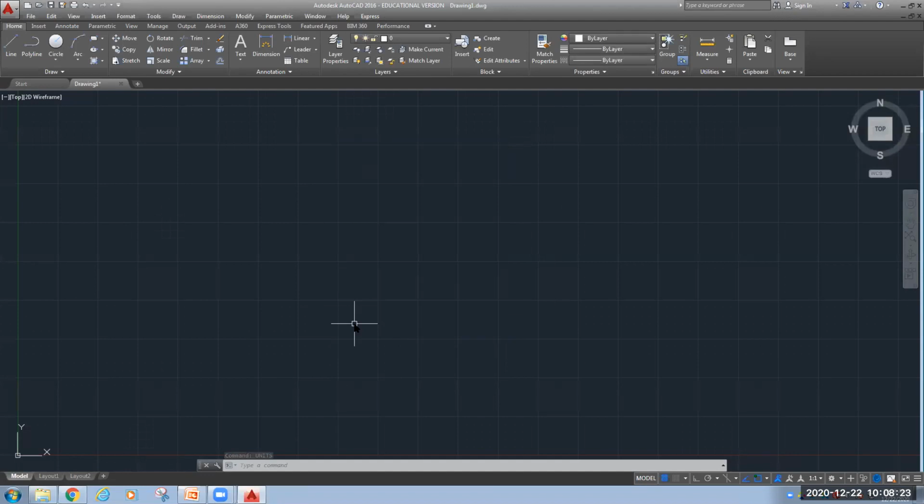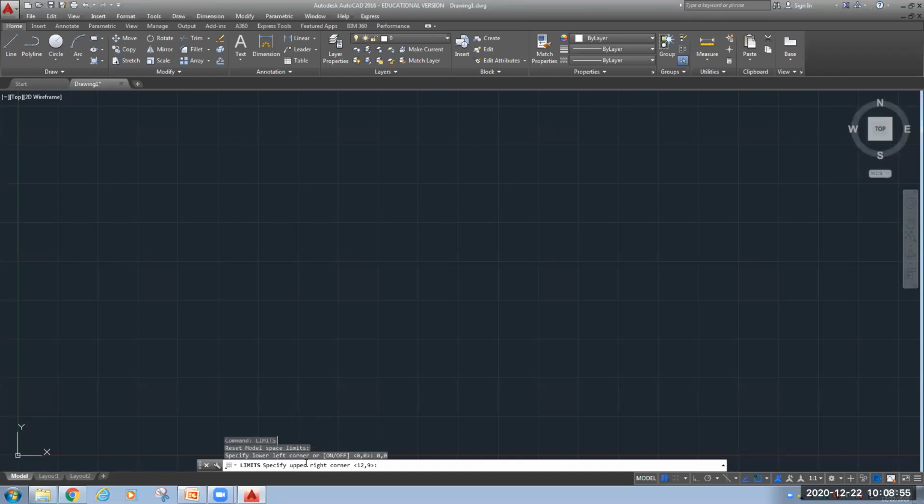Now the next stage is limits. We have to define limits because we want to take the printout in A4 size paper. So I am limiting the workspace to the A4 size paper. And what is the size of that A4 size paper? On one side, it is asking for the lower left corner. So I will give the coordinate 0, 0. Press enter.